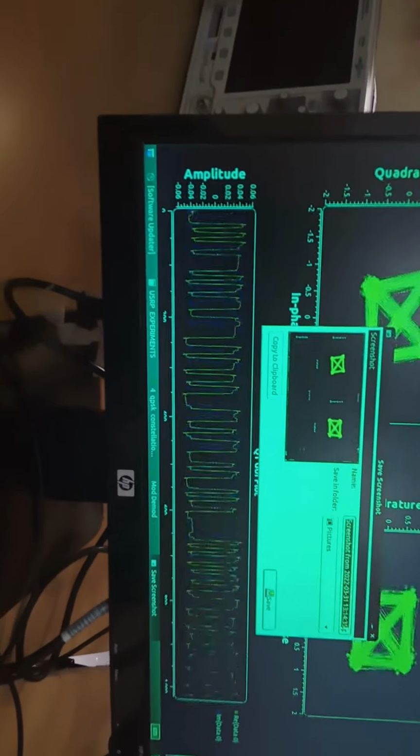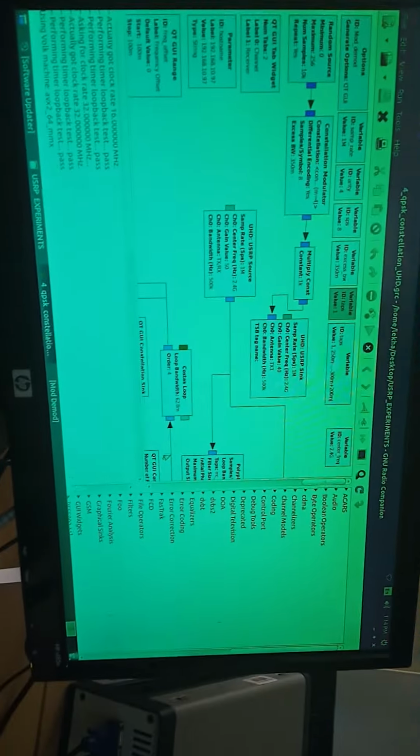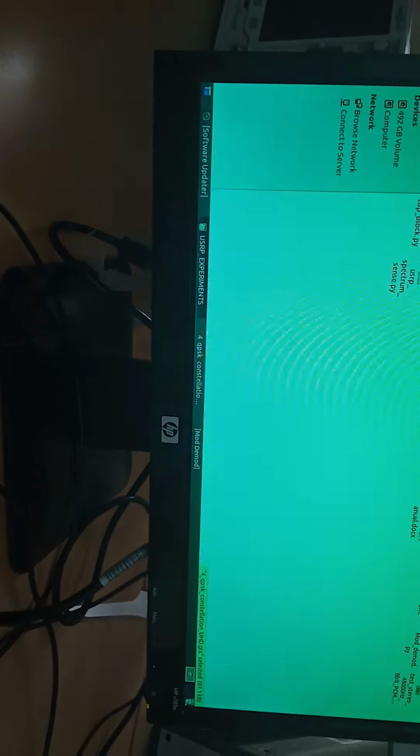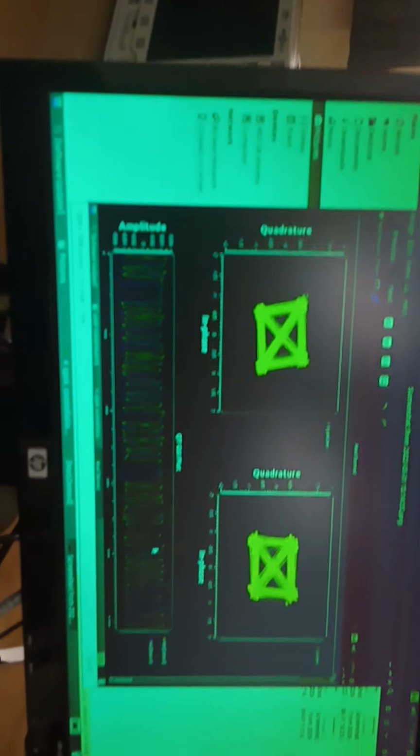So that should be saved. Yeah, you have this name, so you just save it. Okay, so you will be getting it over here, in the pictures. Yes, you got it. Okay, so this is how you have to take the results,